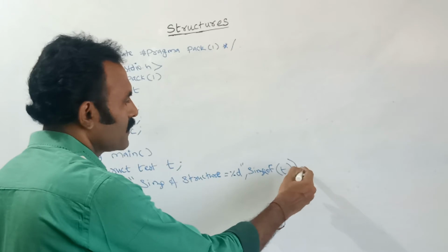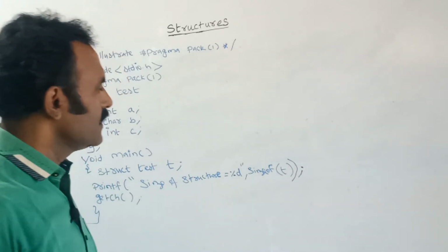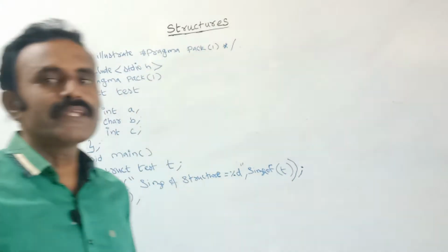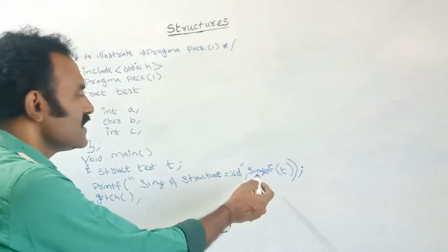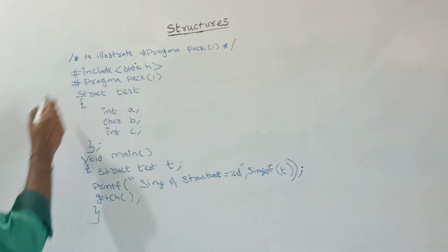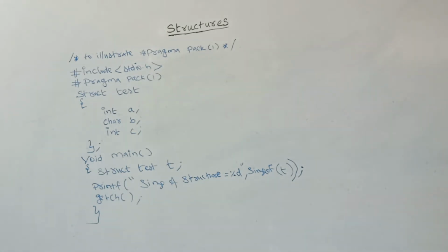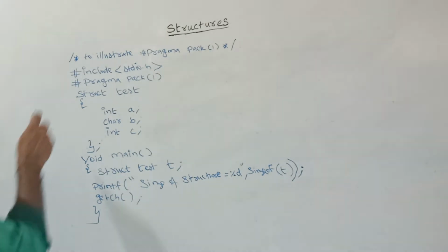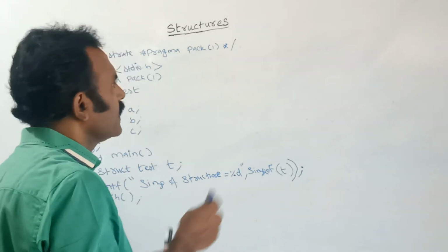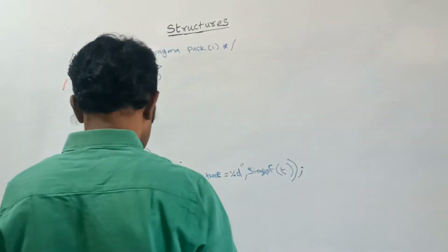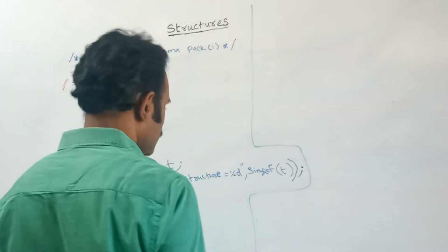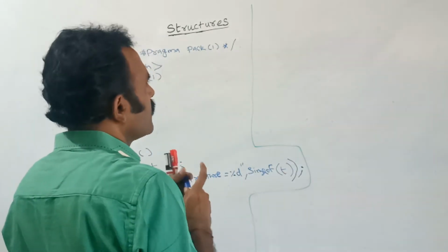What is the sizeof operator? This is used to find the size of the memory, the total memory which this structure member occupied. It gives the value of that memory space. See, first you do one thing. Without using this pragma pack 1, first you find the size. Without using this one, if you find the result, then the answer will be like this, because you already know. Here by default it will take 44 bytes for a 32-bit processor.